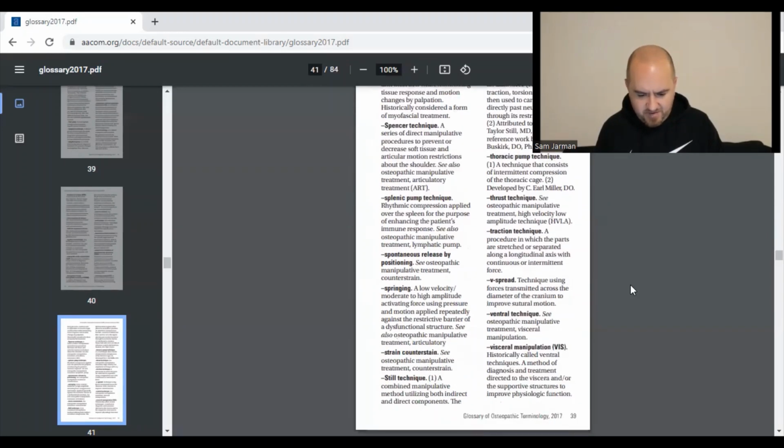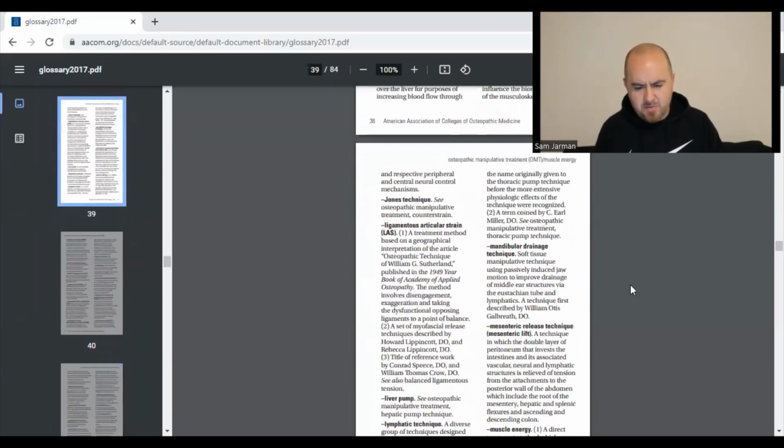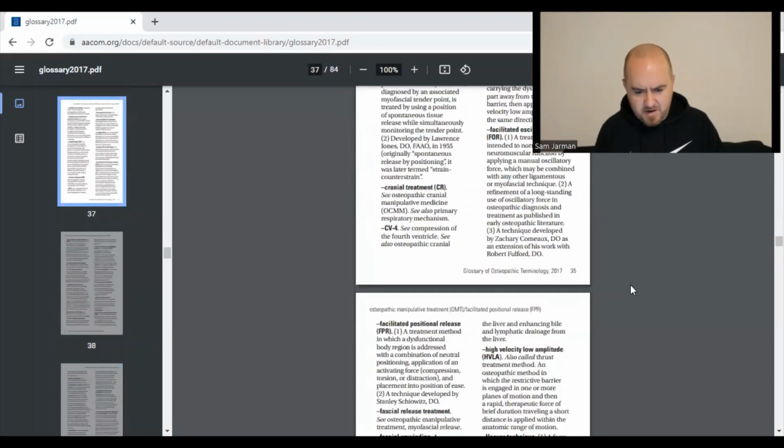V-spread ventral technique, that's real. Nope. Let me just go back up, because I think I missed articulatory technique